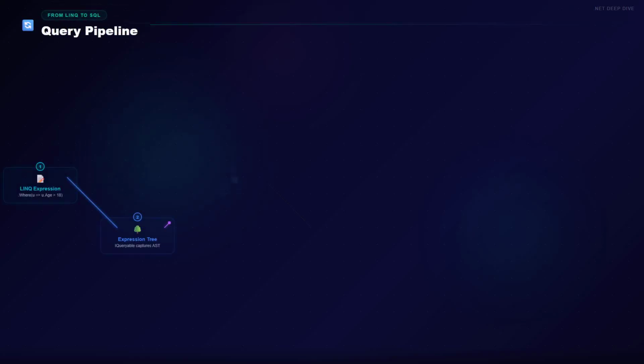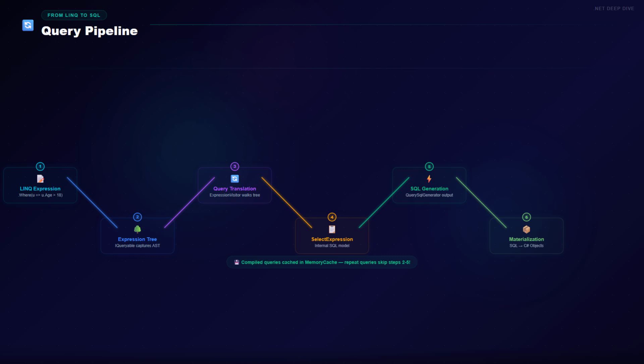The EF Core query pipeline is fascinating. When you write context.Users.Where(u => u.Age > 18), here is what happens. First, the LINQ expression tree is captured by IQueryable. Then the query compilation context receives this tree. The query